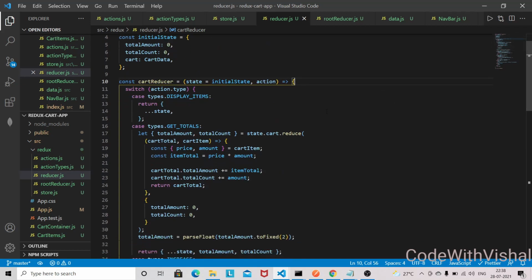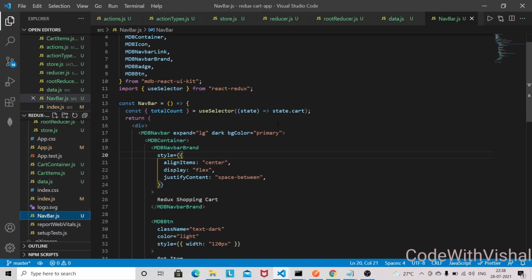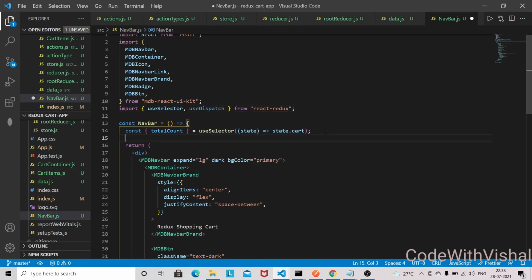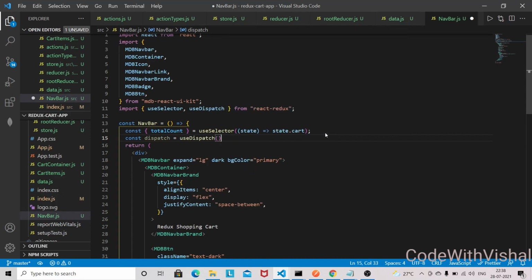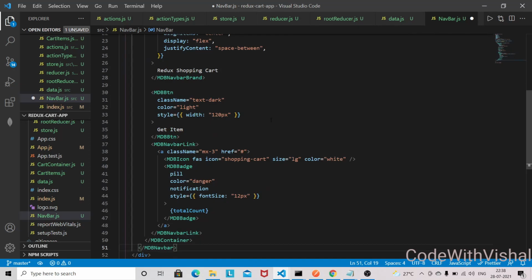so let's go into the browser. Sorry, before going into the browser, we have to dispatch this action from our navbar, because in navbar we have that button. So we need to bring that use dispatch here, and we need to store the reference of use dispatch into a dispatch variable, and let's dispatch from this get item.